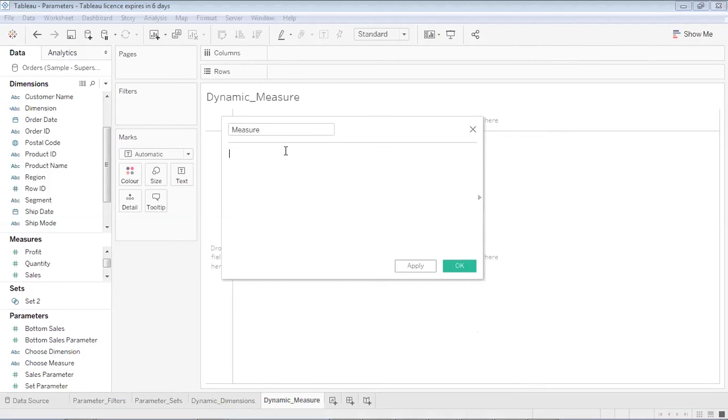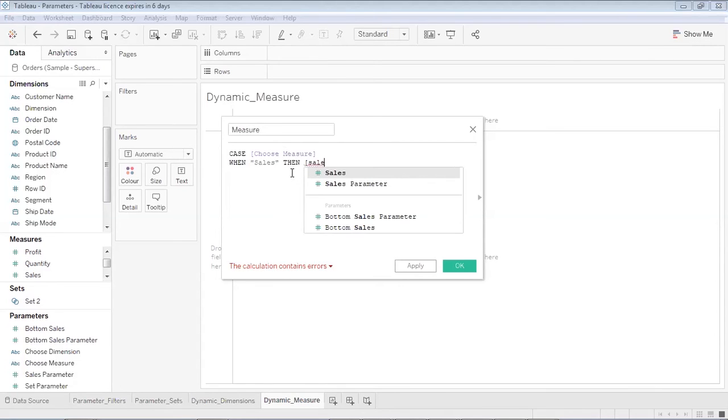I'll create a case statement over here, and in the case I'm saying that I would like to take the Choose Measure parameter, and when the option selected in my Choose Measure parameter control is Sales, then please make sure that you take the Sales column value from my data source.